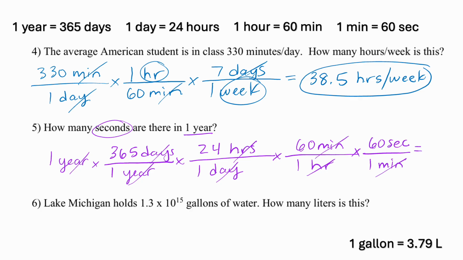So now my minutes are gone, and all of those units are gone except for seconds, which is what we are solving for. So now in our calculator, we'll do 365 times 24. I like to press equals in between just to minimize calculator error. Times 60, then press equals, and then times 60 again. You should get